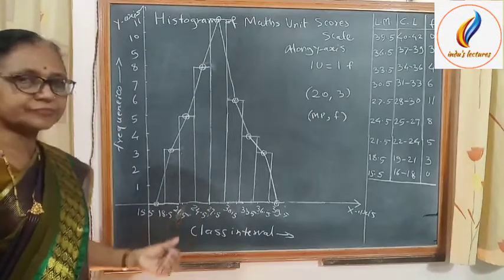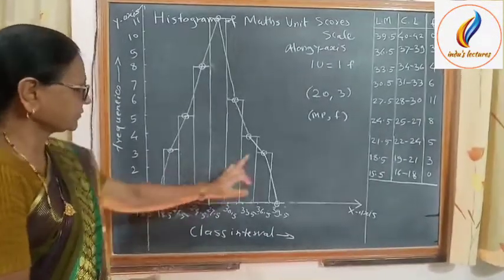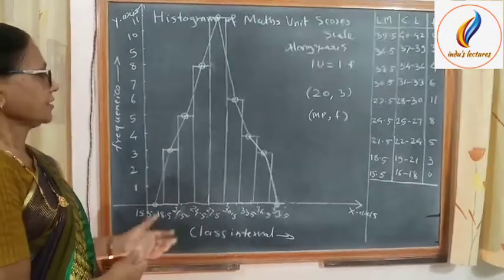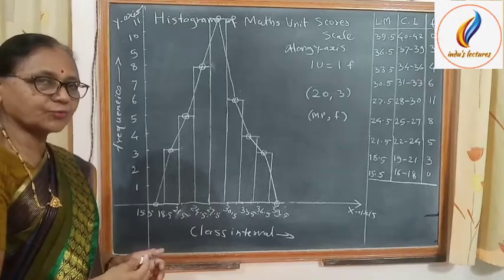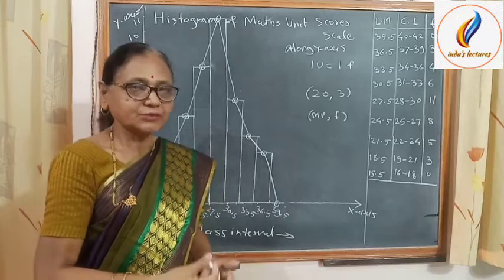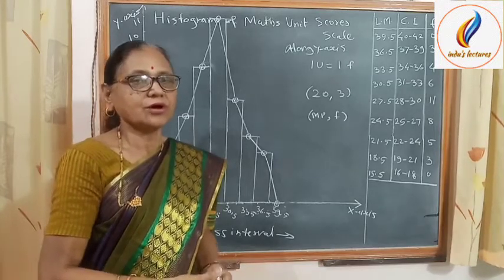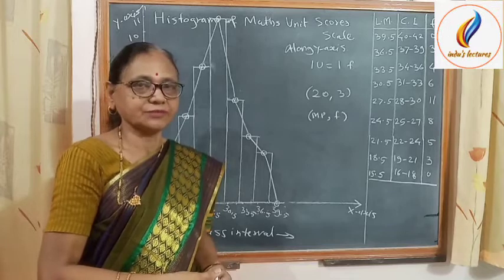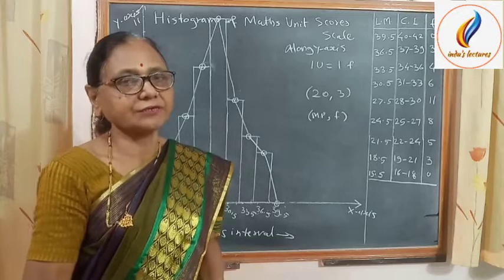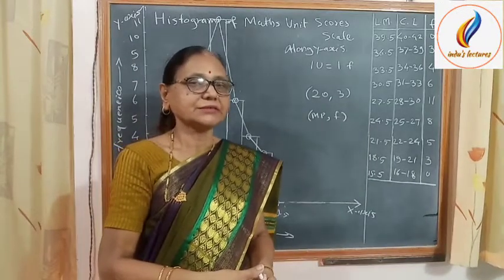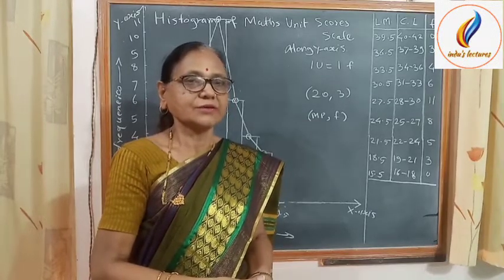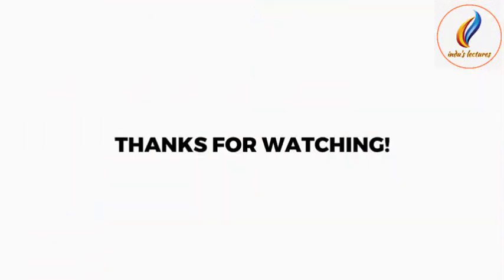It is a polygon, and the first graph is a histogram, but it is not necessary to draw the histogram. You can draw a frequency polygon independently. We will discuss it in the next part. In this way, in this part we have discussed how to draw a histogram of a given distribution. That means here the class interval frequency distribution is given. In the next part we will consider the histogram when the score frequency distribution is given.